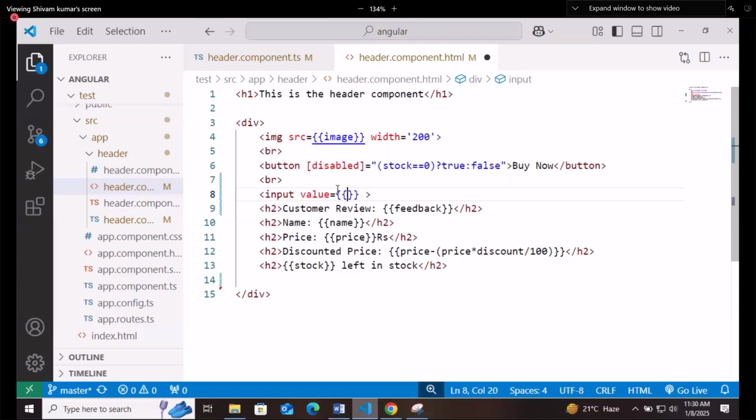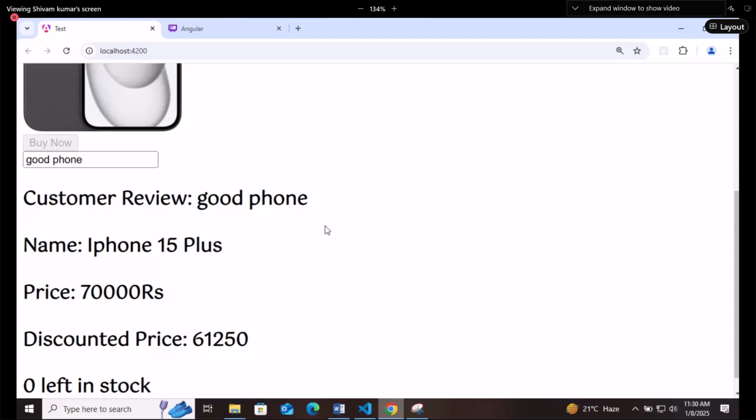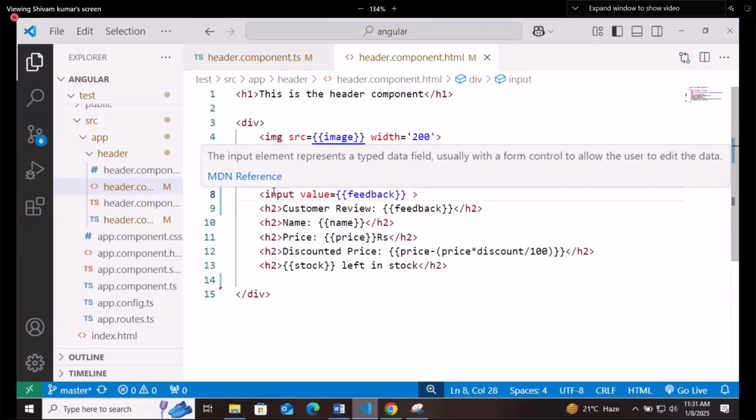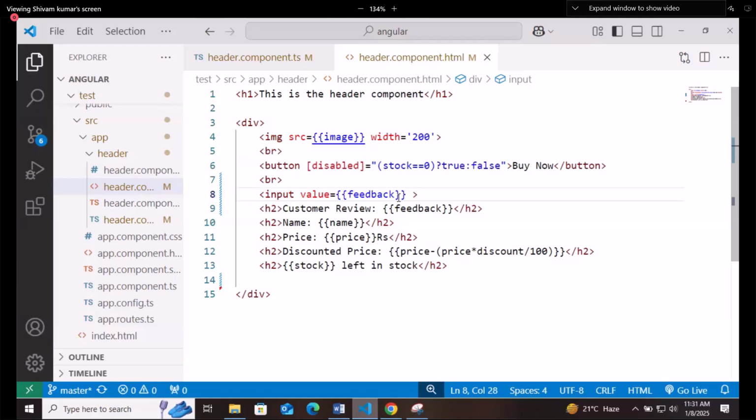and if you are writing here feedback, this is what you are saying. If you are writing feedback here, you will see something as this, right? You are doing that. And this is called string interpolation. If you want to bind it using property binding, so what you